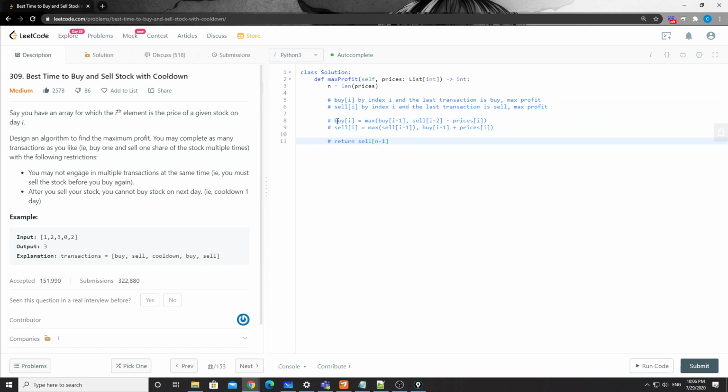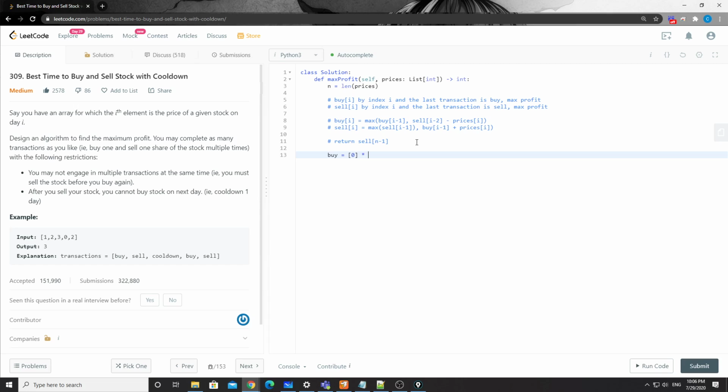so with this kind of buy and sell state transitions, in our case, it's going to be i - 2. If there's no cooldown time, we can simply change this from i - 2 to i - 1. But in this case, we have to handle the cooldown with this change here. And since we have these state transitions, all that's left is some corner case checking, or the base case, right? So first, let's do a